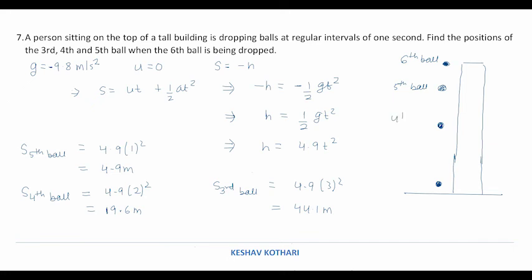So in case a pictorial question is asked, be prepared for the pictorial question as well, that the balls are not going to be at regular distances from each other. They are at irregular distances from each other because they are following a function of t square. So let us move to the next question.